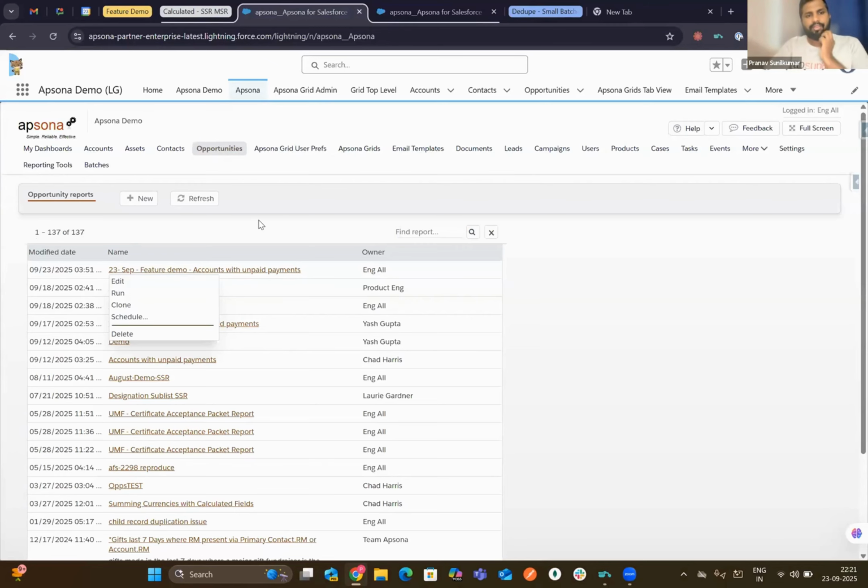First, I'll take one single-step report and one multi-step report. I'll explain how my calculated field works in single-step reporting and in multi-step reporting. I've already created a report with accounts with unpaid payments. That's the use case I've taken for this particular demo. So, on editing,